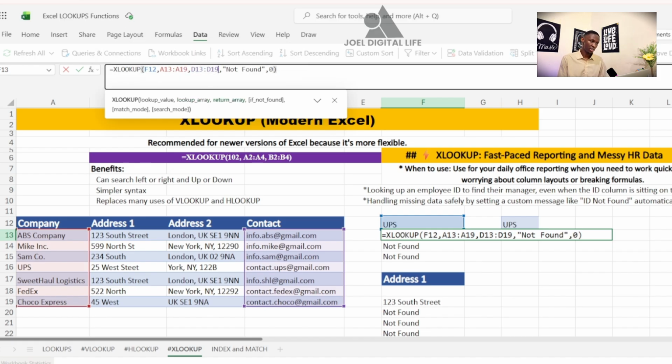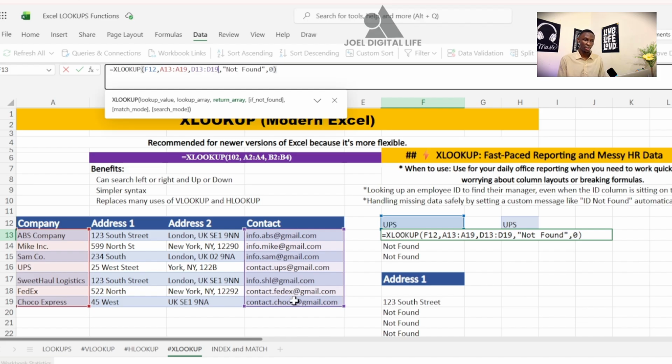Then the third one was my return array, where I want the result. In this case, I wanted their email address, and their email addresses are in column 4, which is D13